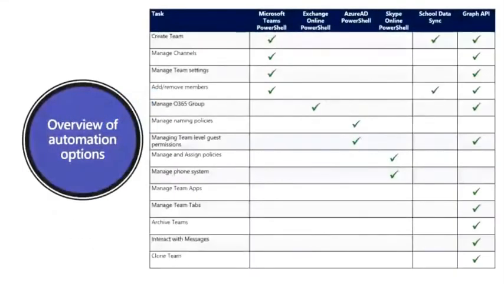This is a quick overview of the different capabilities, but as a rule of thumb, the capabilities of PowerShell are only a subset of what you can do with the Microsoft Graph. The Graph gives you full capabilities of all of what it suggests that you invest time to start bringing the Graph into your automation practices, because you can see here on the right hand side that the Graph allows you to do from a single set of API calls almost the entire